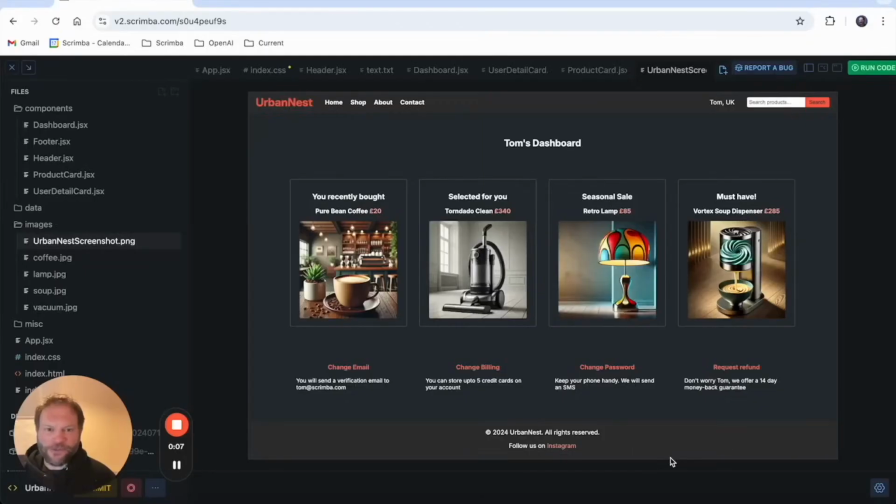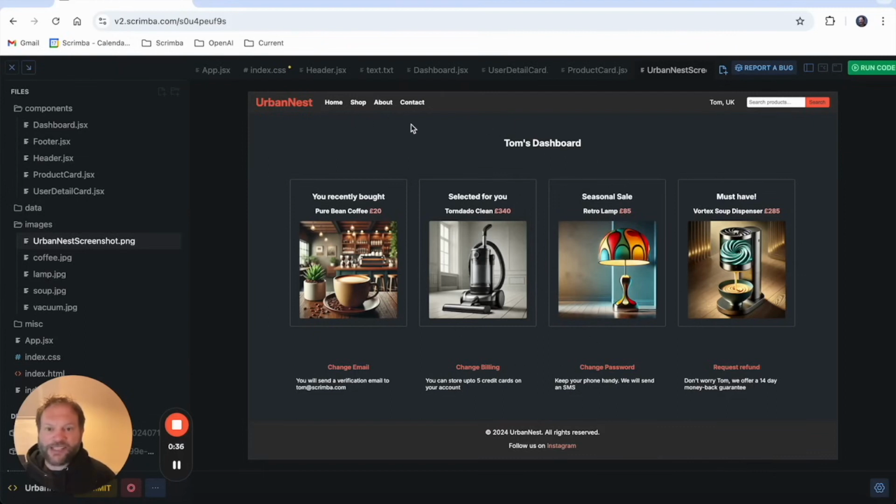Hi, I'm Tom from Scrimba, and in this section, I'm going to take you through a couple of really useful VS Code and Chrome browser extensions, which are going to make your life as a React developer just a little bit easier. As we look at these extensions, we're going to be working on this layout.